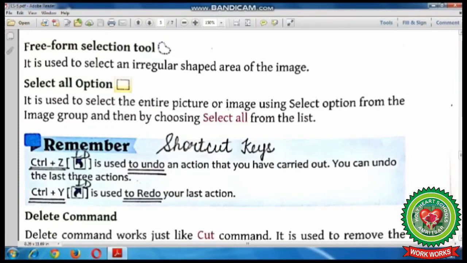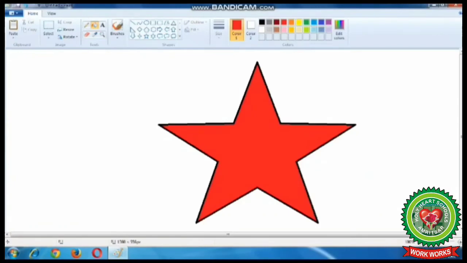For performing the undo and redo command, first of all, let's change the color of this star. Like I am going to fill green color in it using fill with color tool.